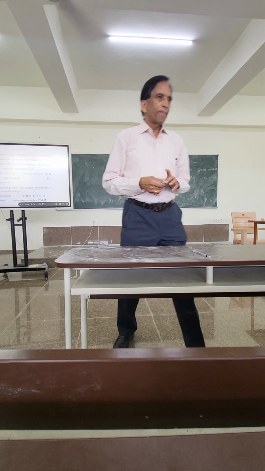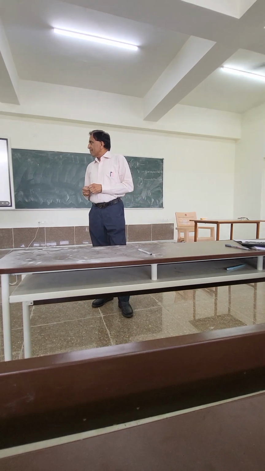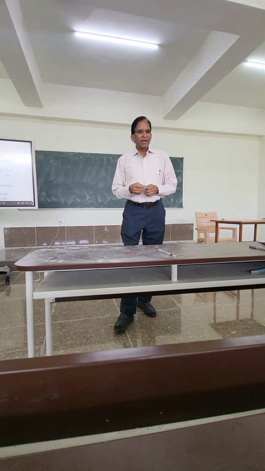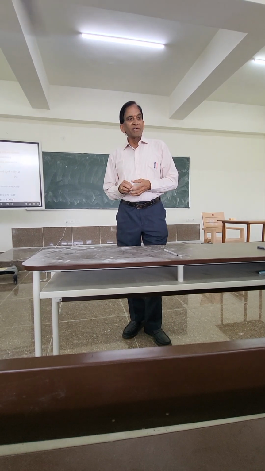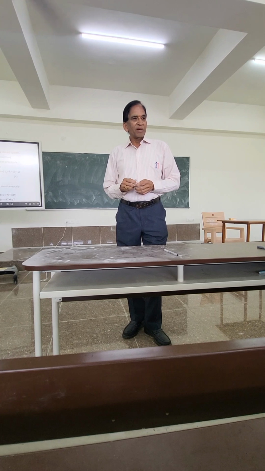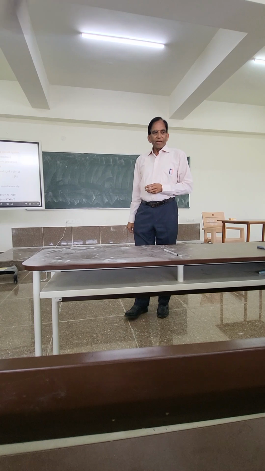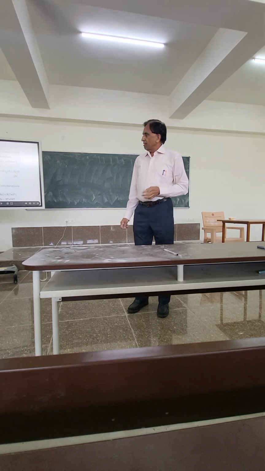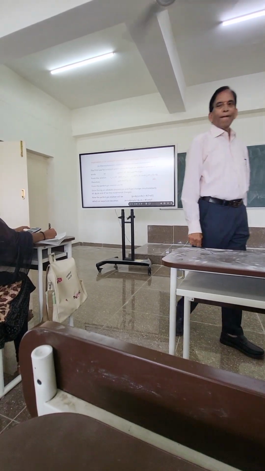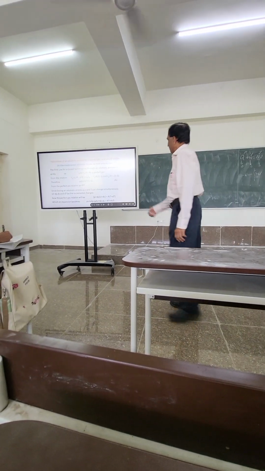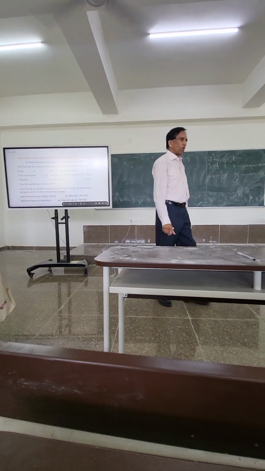Cv equal to 20785. How did you get it? 8314 divided by 1.4 minus 1, so divided by 0.4. 8314 by 0.4, okay. How much did you get? 20785. Then you calculate the value of Cp by multiplying by gamma: 1.4 divided by 0.4 multiplied by 8314, so many joules per kilomole Kelvin.